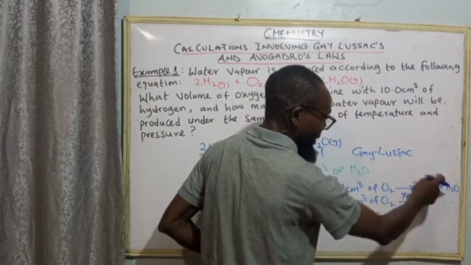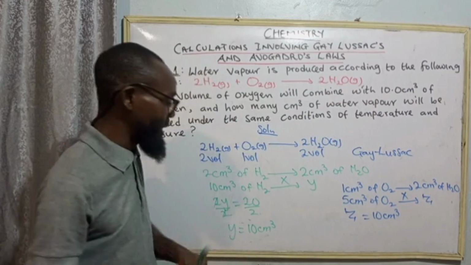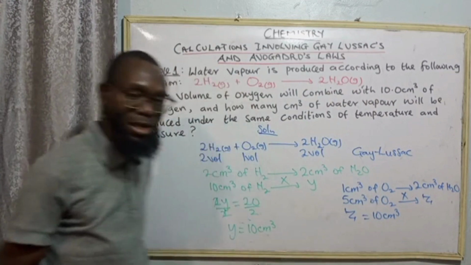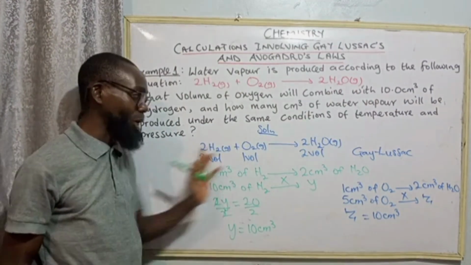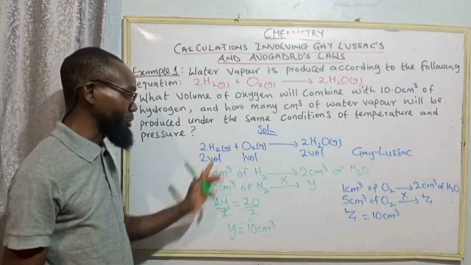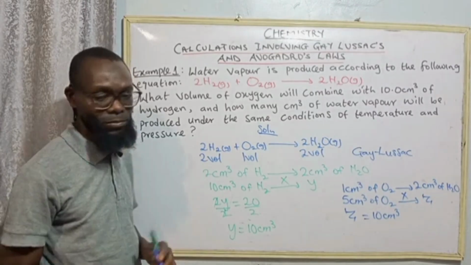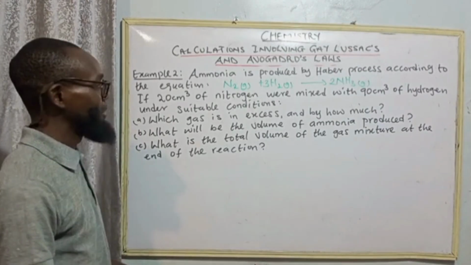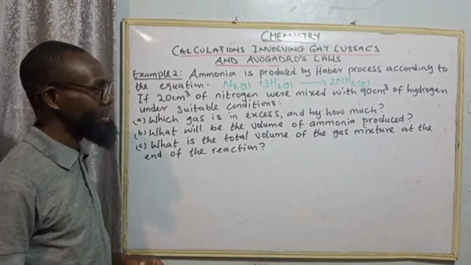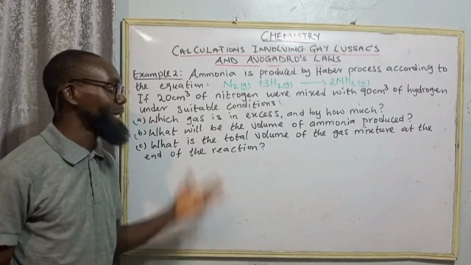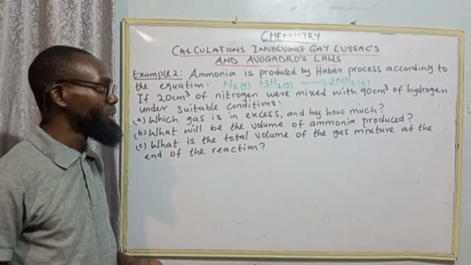And don't forget, Z is water vapor. So which means we are going to have the same answer. Either you use that of hydrogen to calculate water, or you use oxygen to calculate water, we arrive at the same answer. Number 2. Ammonia is produced by another process according to the equation, nitrogen combining with hydrogen to give